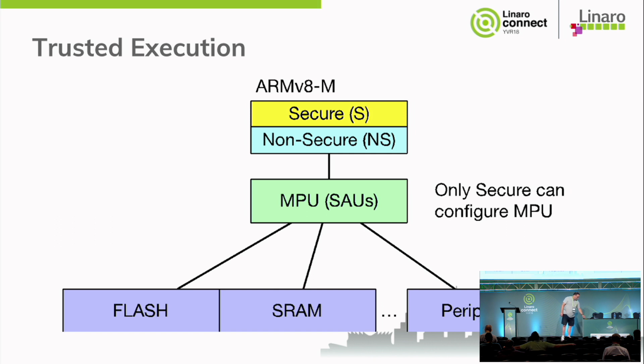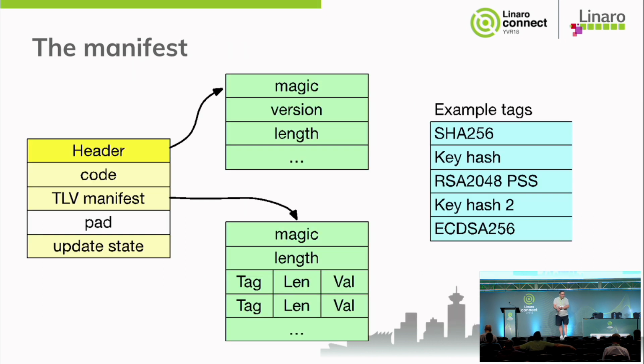So how does this affect MCUboot? This little yellow thing on the left that I've put on each of these slots kind of breaks down what metadata goes with the slot so that the bootloader knows what to do with it. Currently we have this little header at the beginning, which for the most part is a magic number, a version, and a length. Following the image is another little block of data that we call the TLV, which is